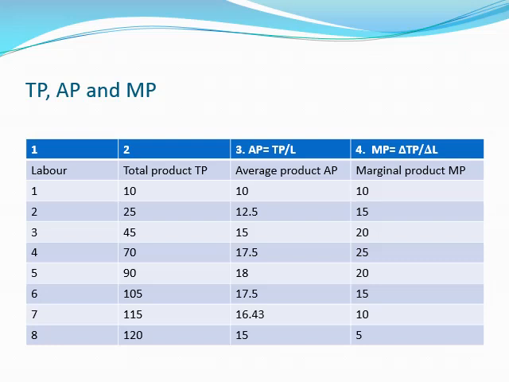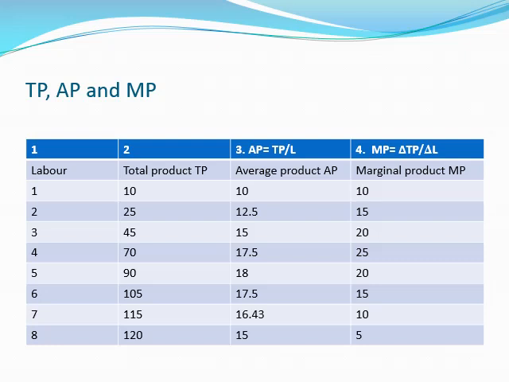When L equals 6, the total product is 105, the average product of course is 105 over 6 equals 17.5, and the marginal product is the difference between 105 and 90, which is 15. The next is